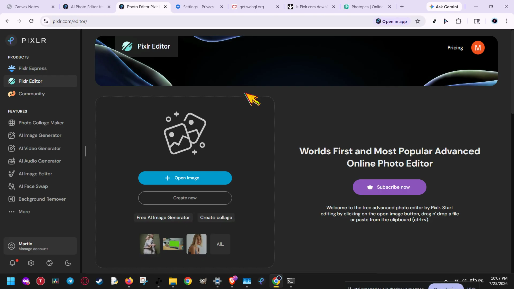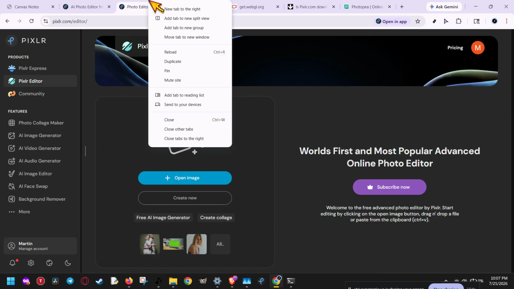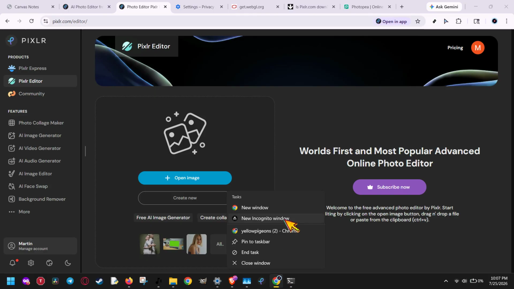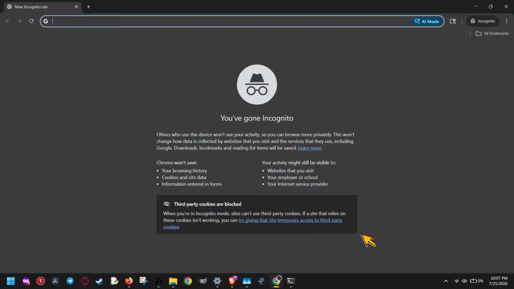If the error is still there, the next step is to isolate the browser. Open Pixlr in an incognito or private window by pressing Ctrl plus Shift plus N. This is a very useful test because private mode usually disables most extensions and starts with a cleaner browsing session. If Pixlr works in incognito, that tells you the problem is probably coming from a browser extension, saved cookies, or